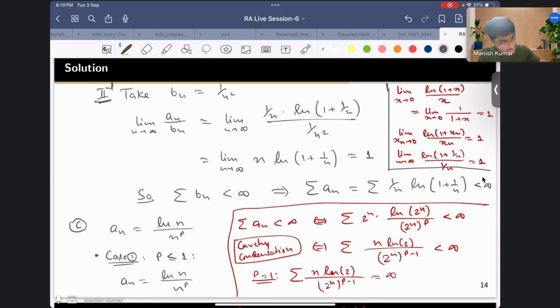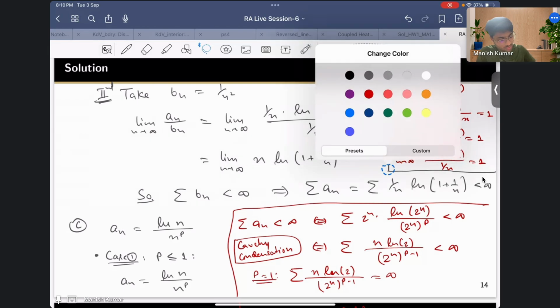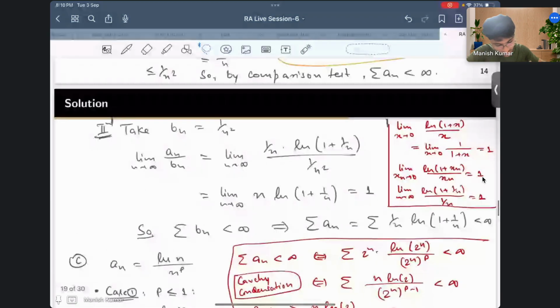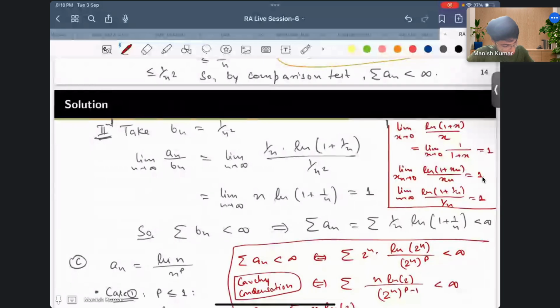Yes, sir, understood, sir. Okay, so this is one way, although this is not the proof one should do when you are doing real analysis. You should try to prove it by definition, and that could also be done. So that maybe I'll try. Just a second. So you have n ln(1 plus 1 by n) minus 1. You have to show that this is very small. What you can do is,